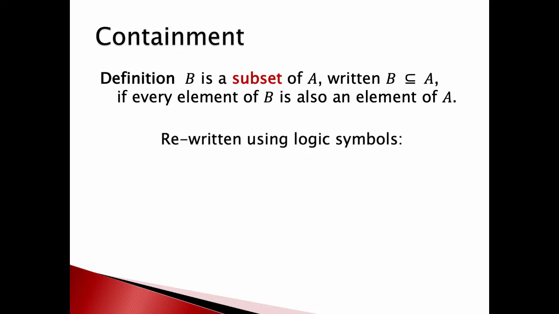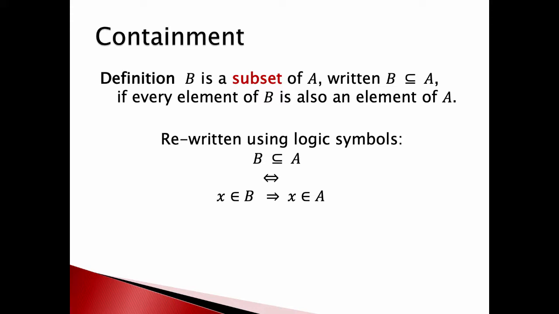And we learned all this logic stuff for a reason. Let's rewrite it with logic symbols now. B is a subset of A if and only if x contained in B implies x is contained in A. Writing things out with logic symbols like this may seem like, oh my gosh, what am I doing, writing all this if and then and implies and such that. But we've spent a long time getting used to working with those and getting good at working with those. And the reason was we could use them now.